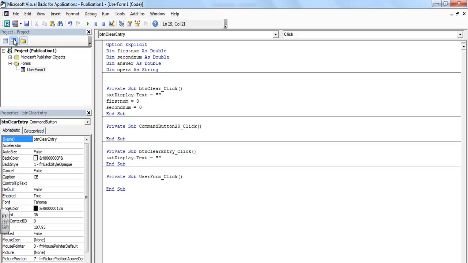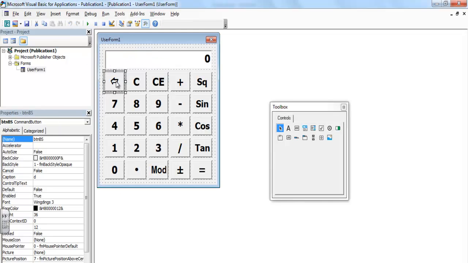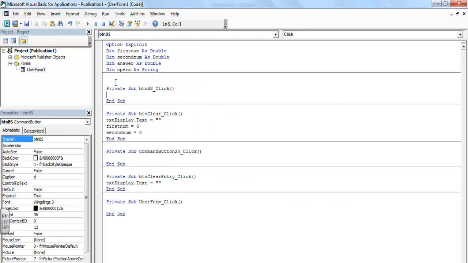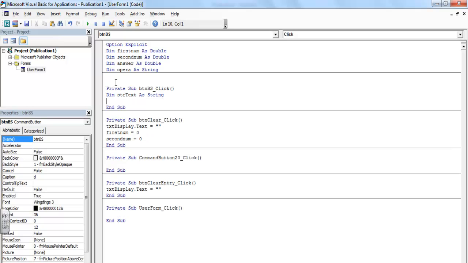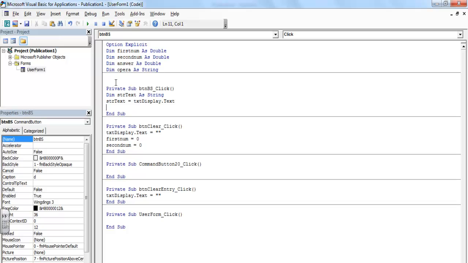Okay, since that is done, I think maybe we should just take care of this backspace. So let's double click on the backspace. I will declare a local variable in there. Let me just call it strText as String. And the next thing I will do is let's go for strText equals txtDisplay. All right, then strText itself with,